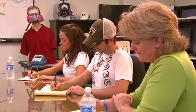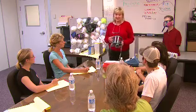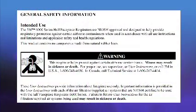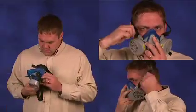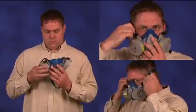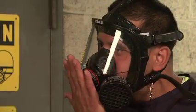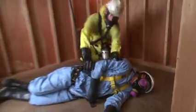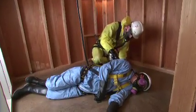This training must be presented in a way that you can understand and must include at least the following information: why you need to use the respirator, what the respirator can and cannot do to protect you, how to properly inspect, put on, take off, and use your respirator, how to check the seal of your respirator, also called a user seal check, how to use the respirator effectively in emergency situations, including situations in which the respirator doesn't work properly,